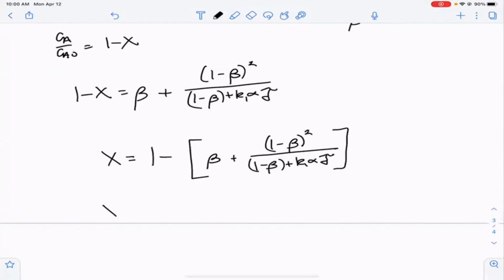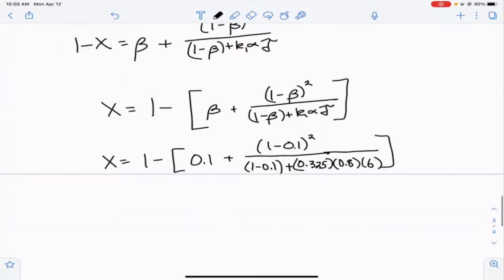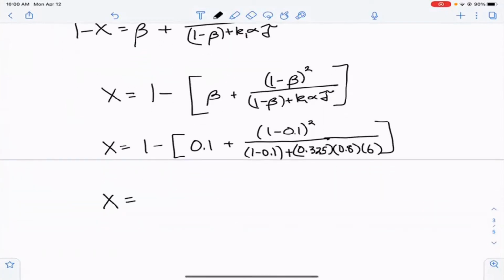So then in this problem, our conversion is just 1 minus 0.1 plus (1 minus 0.1) squared divided by (1 minus 0.1 plus K1, which was 0.325, times alpha, which was 0.8, times tau, which was 6). And we already know that the units here and here cancel, so I wrote them unitless. And from there, we can calculate the final conversion, and X equals